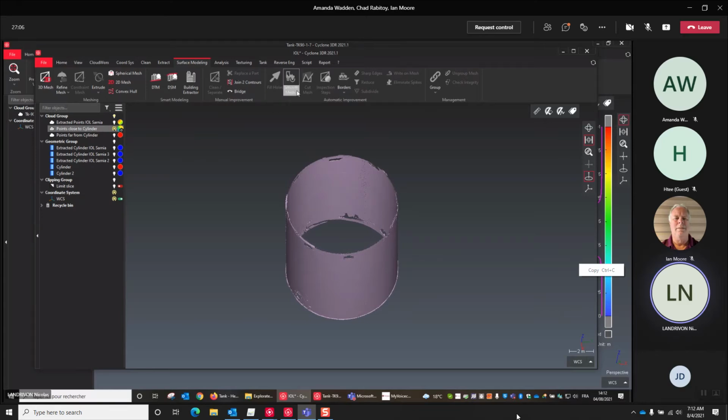After that you have some tools to locally improve the mesh, meaning you can fill the holes, you can smooth locally or globally, and so on.